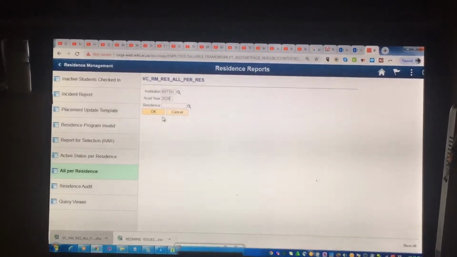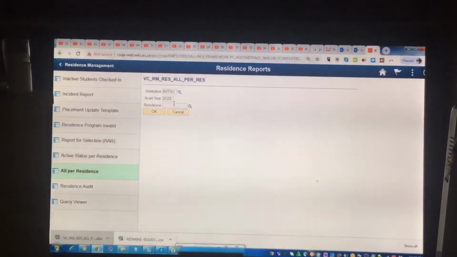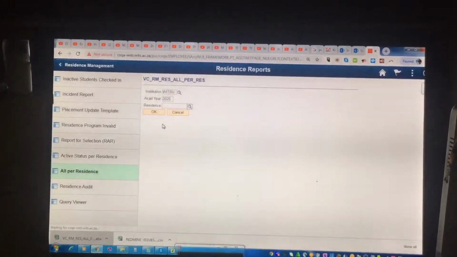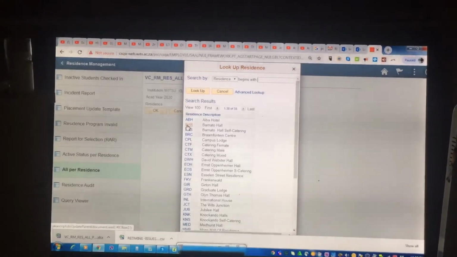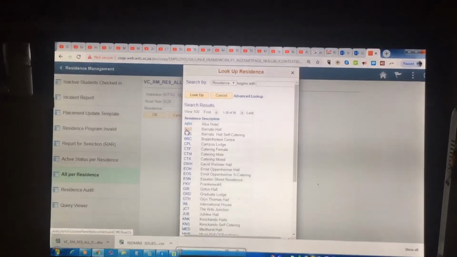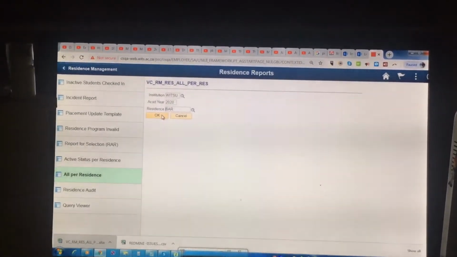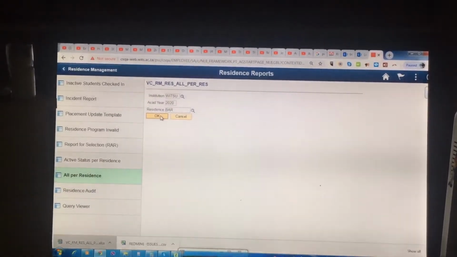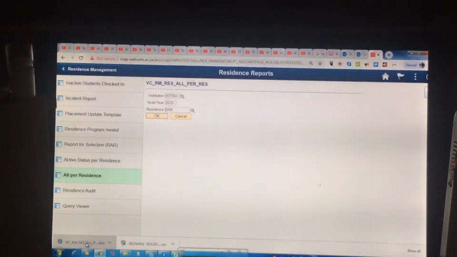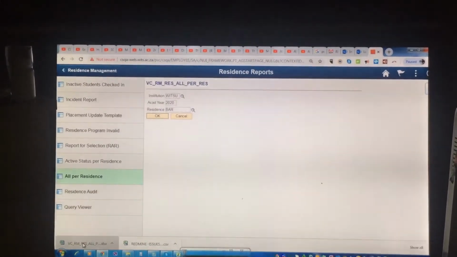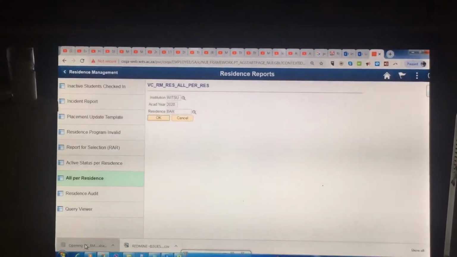All right, I'm not going to download All Perez report for all residences, so I'm going to select a residence here. I'm going to use that very first one, not Alba Hotel, of course. I'm going to use the first one, which is Banato, as an example. We download that report, and once you've downloaded your report, you will see it at the bottom of the screen on the left-hand side here, where I'm moving my mouse, and you would obviously open your